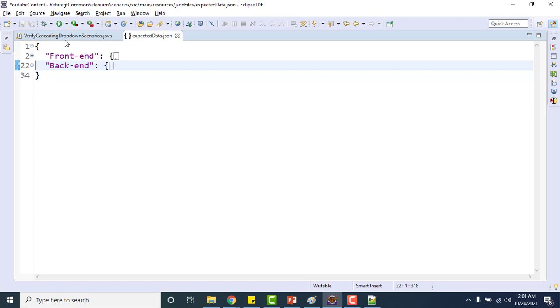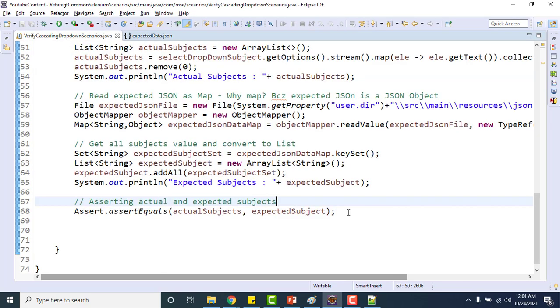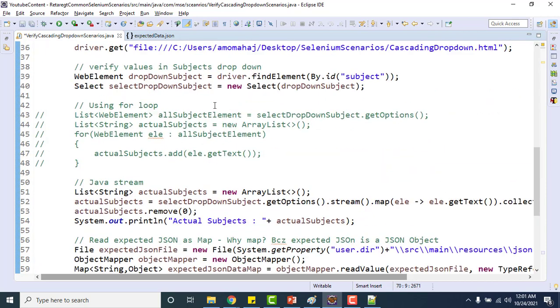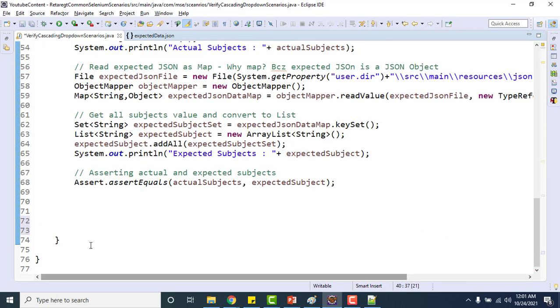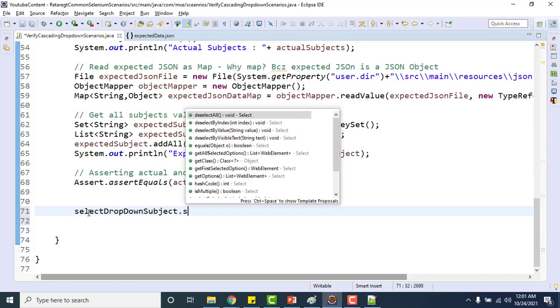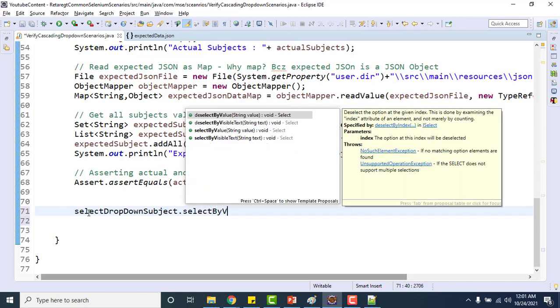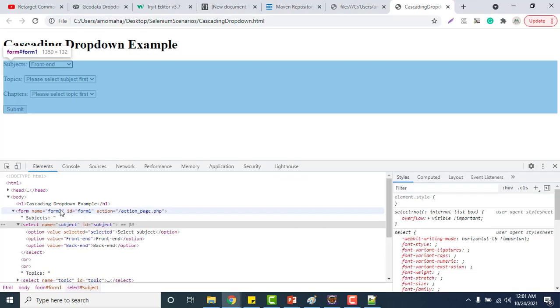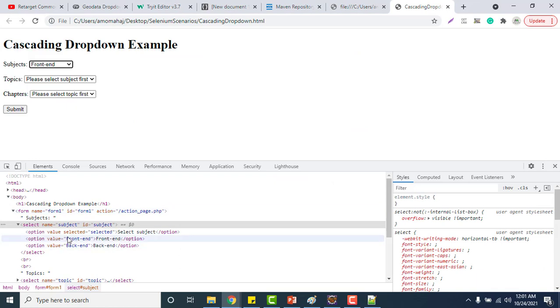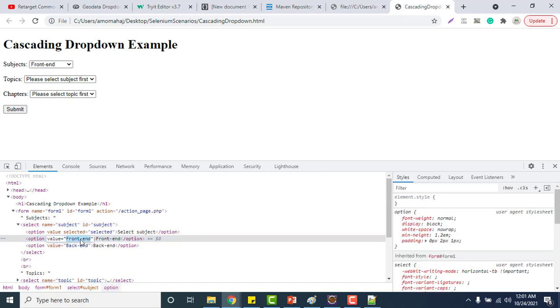What I'll do here, I can use again the select I've used here. Yeah, select drop down subject, and we have select by value. If you see here, we have value, so we can use this one, and I can put value.